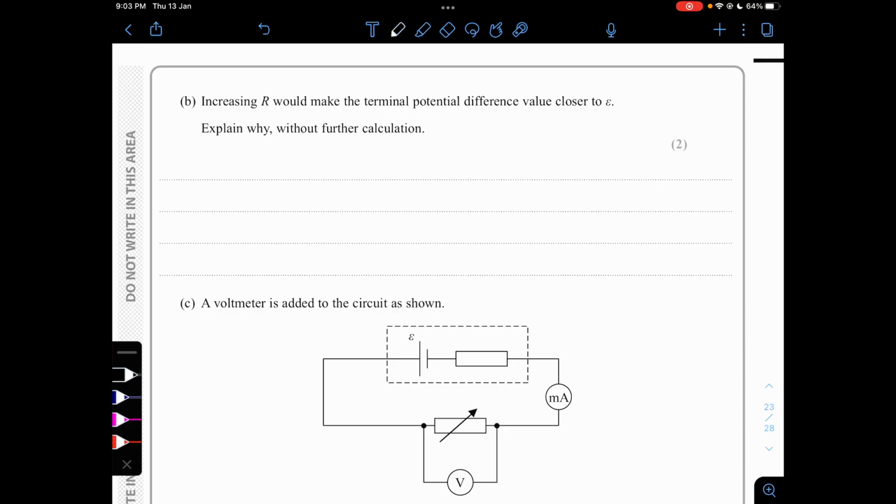Increasing capital R would make the terminal potential closer to E. Explain why with a further calculation. So we know that this is the equation, right? Capital R plus IR. And if we were increasing R, what would happen? This would decrease capital IR. Decrease I, really. Decrease I, which would